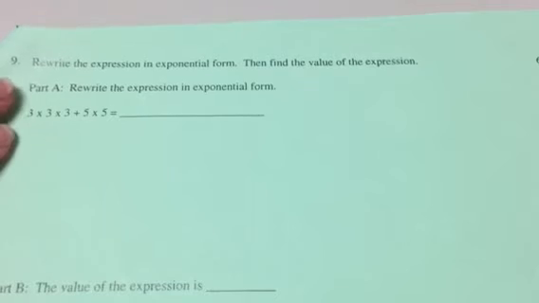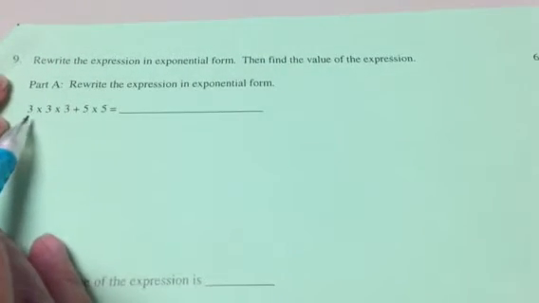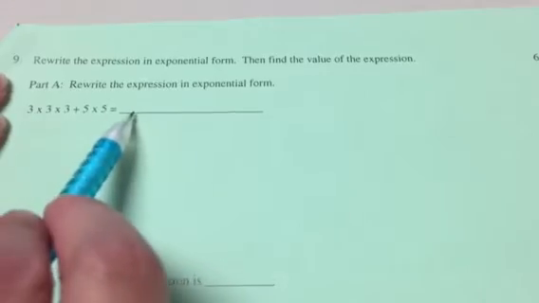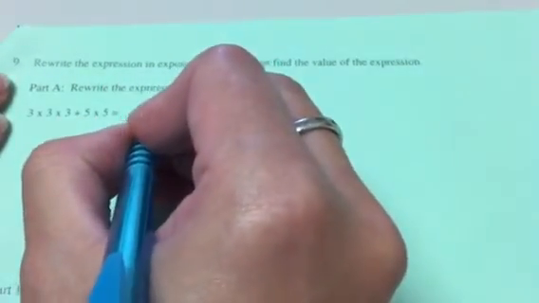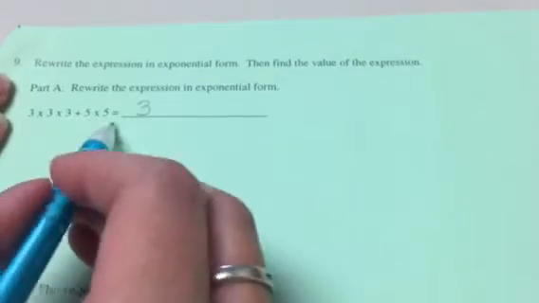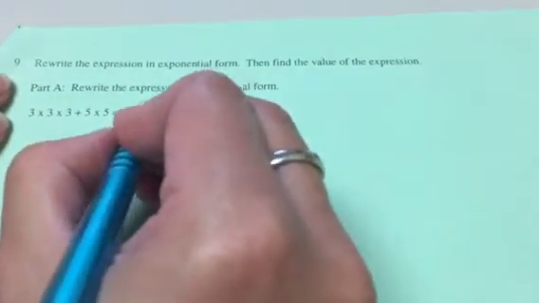All right, take a look at the last page, number 9. Number 9 says to rewrite the expression in exponential form. They have it in expanded form where it's all stretched out. So to write it in exponential form, we're going to take exponents in a base. So our base is 3, and the bossy exponent told us to write it 1, 2, 3 times, so it's